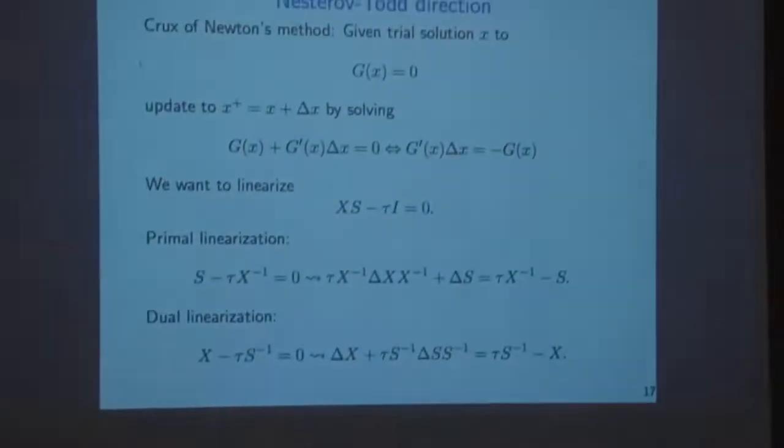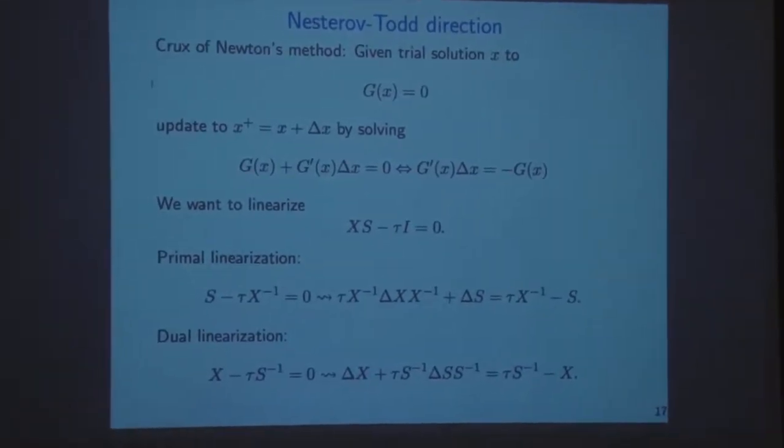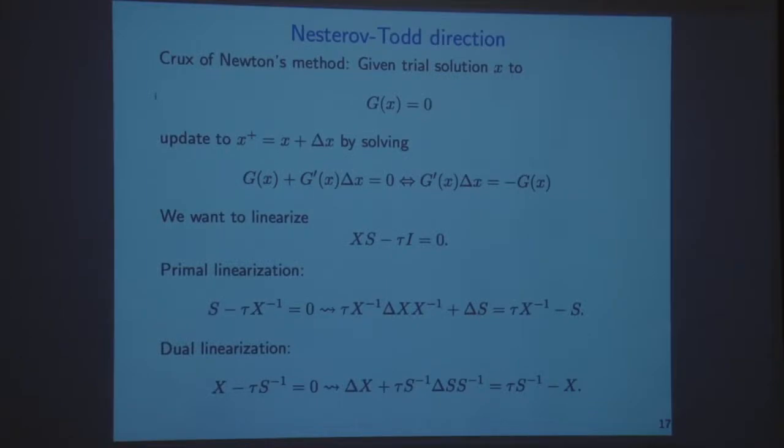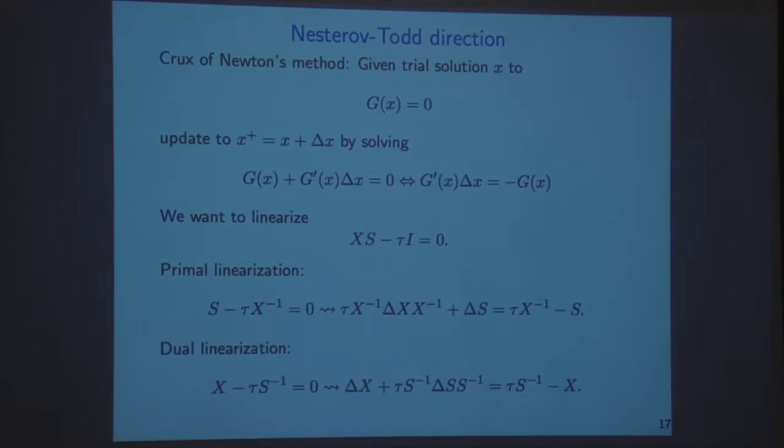One way of doing that is to revisit the idea of Newton's method. The crux of Newton's method is that to solve a system of equations, we linearize and then solve that linearization. There is a way to linearize that maintains the symmetry. Let me show you one. If we rewrite the equation by dividing by x, as S - τX^{-1}, and now we linearize this,